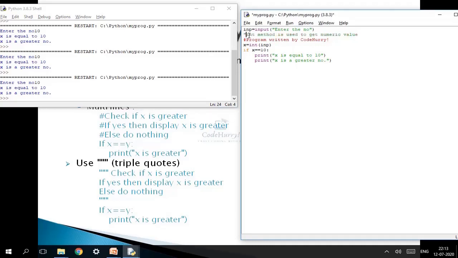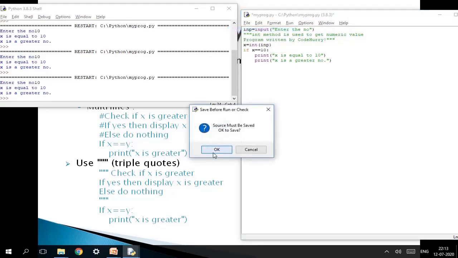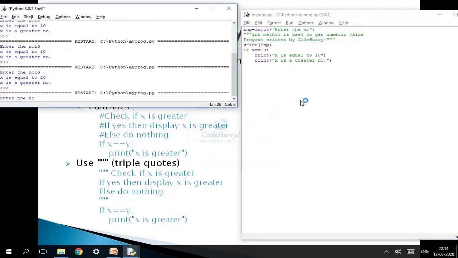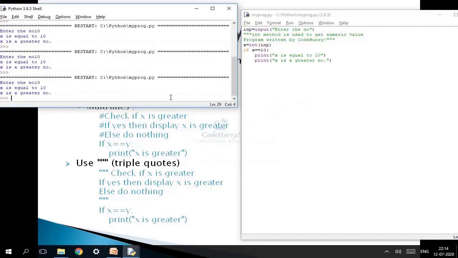I can have it using triple quotes also. Triple quotes indicate that it is a string literal. See, because it is considered a string literal, the font color is changed to green. So it again will skip these statements because the string literal is not assigned to any variable, and it will be considered a comment. So this is how the comment works.